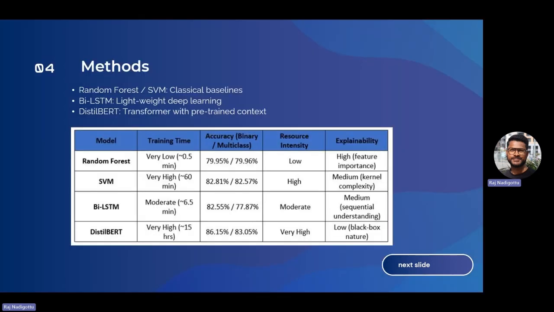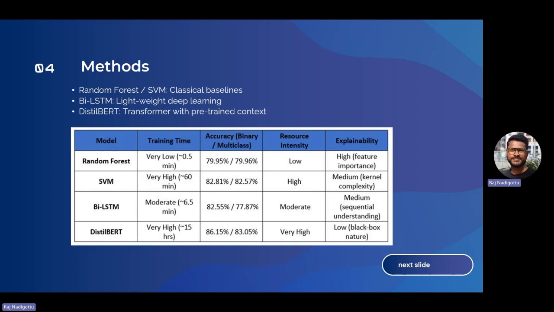When it comes to the models, I have selected four models, as I mentioned before. One is random forest, another one is support vector machine. These two serve as a classical machine learning baseline. I have also used a Bi-LSTM model. It has been chosen because it is a lightweight deep learning model, and for its capability of capturing sequential dependencies.